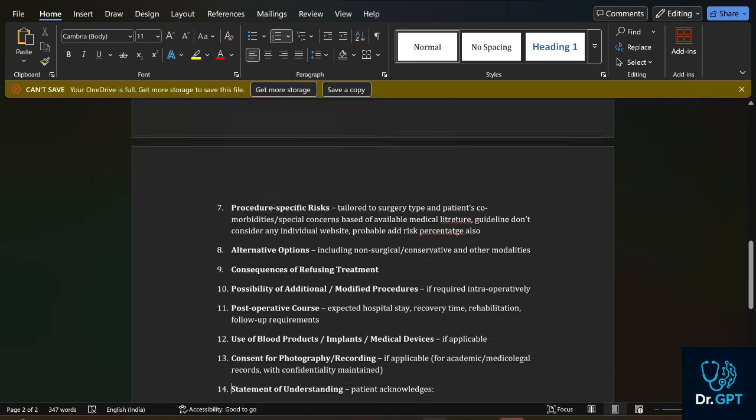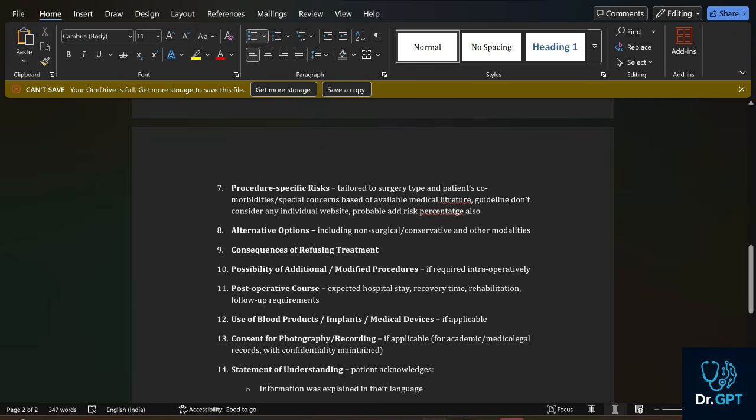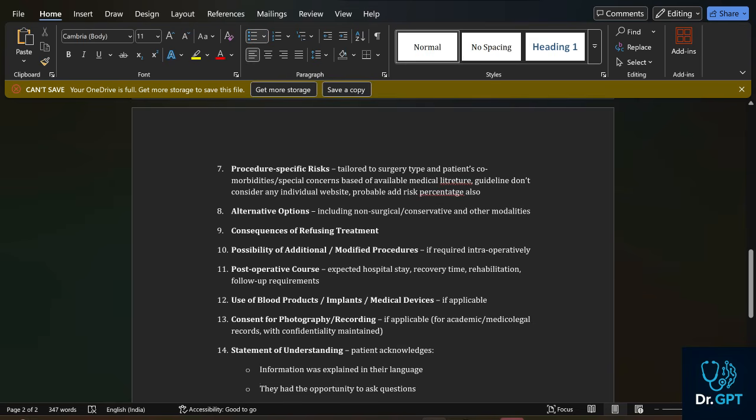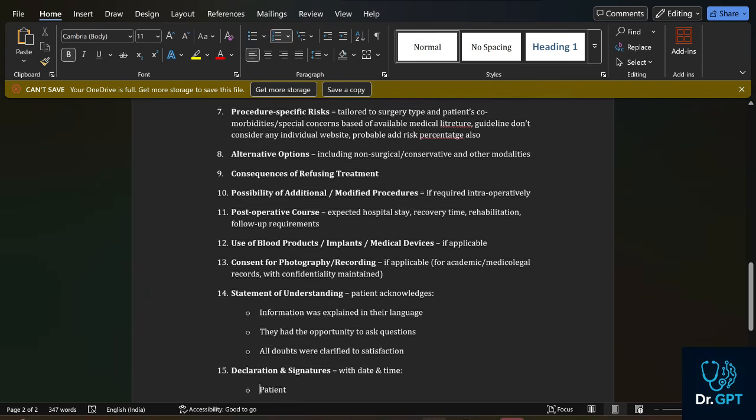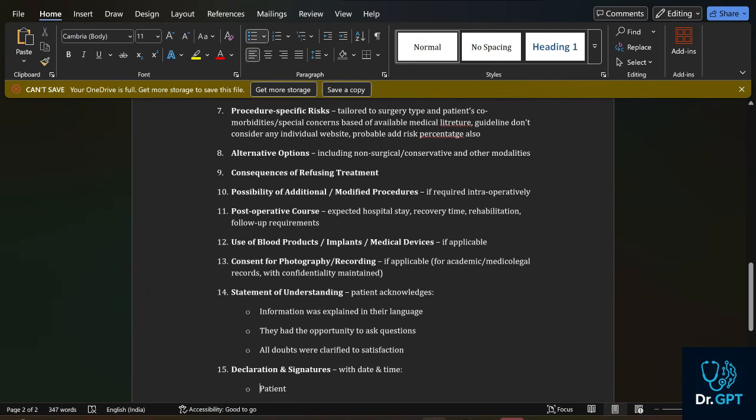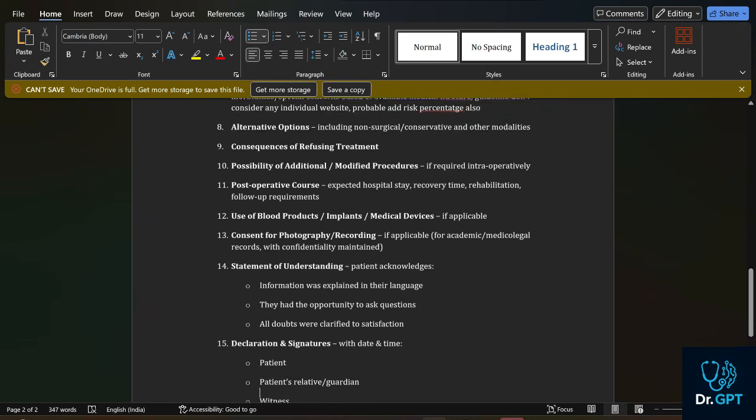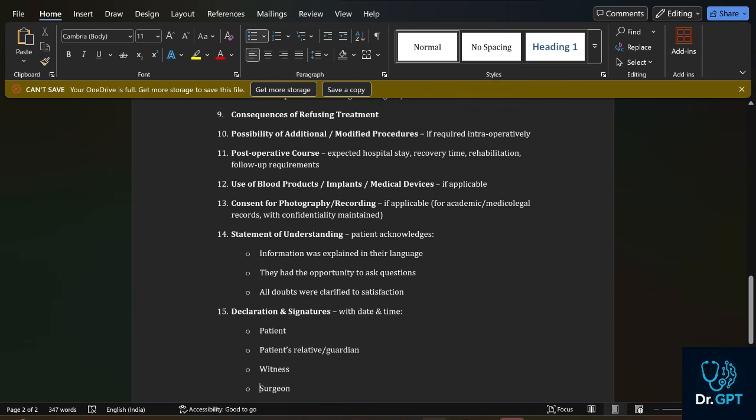And post-operative course, how will be the post-operative stay, recovery, rehabilitation, follow-up requirement, use of blood product, implant if it is a hernia, suppose knee surgery we are doing, where implant we are using, any medical device we are using, consent for photography and recording, some cases we need to record it, and some cases workshop we are using this,